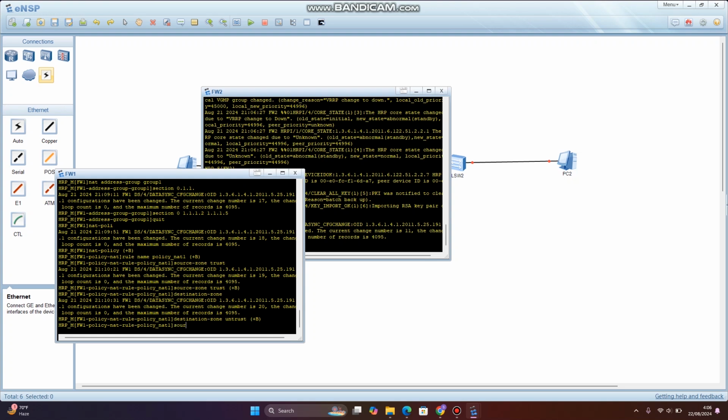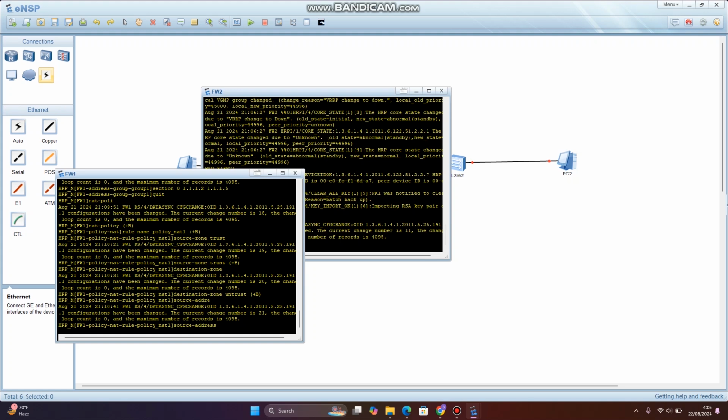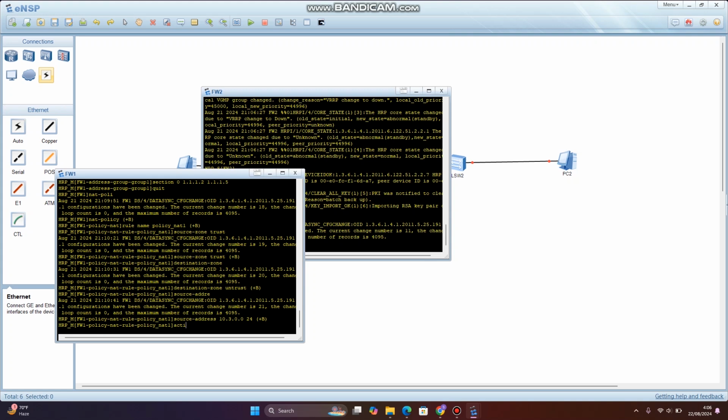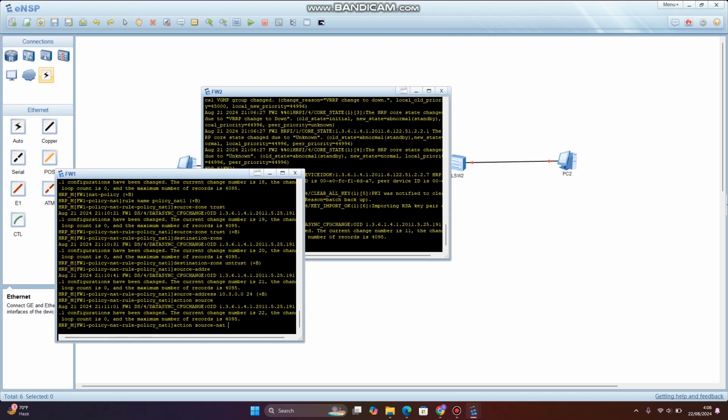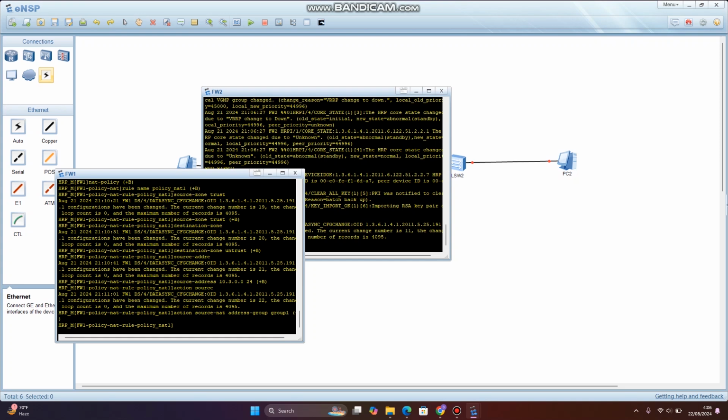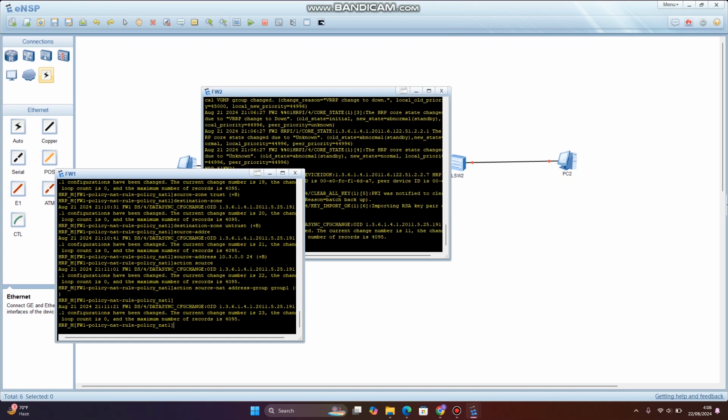And then for the source address is 10.3.0.0/24. I'm gonna make action source NAT address group 1. Okay, great. Now all we need to do is configure the switches, or actually we can do